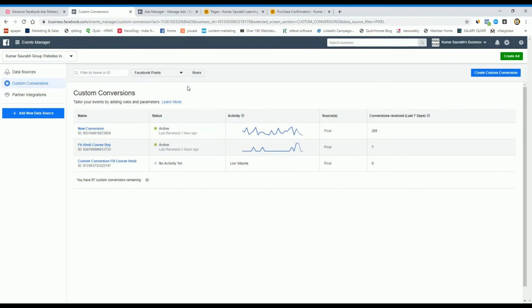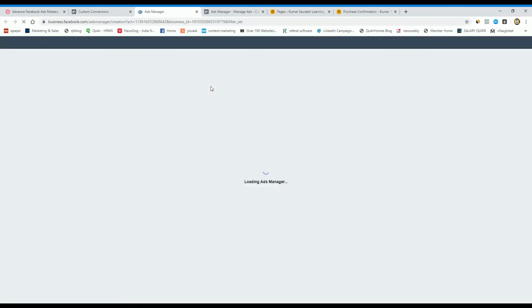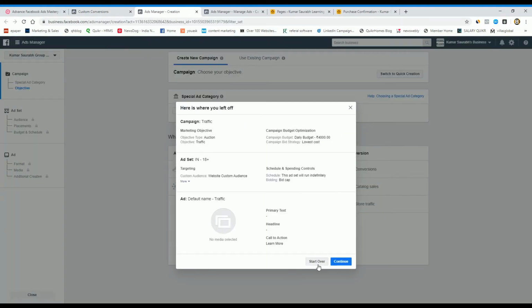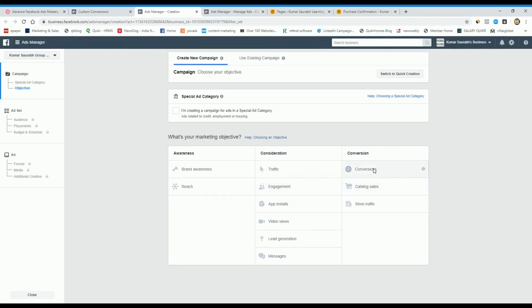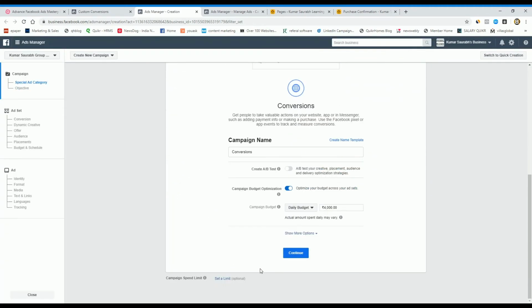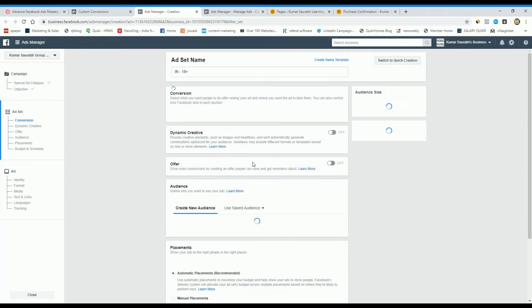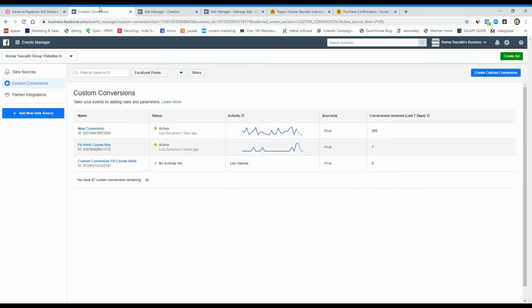Now you have to come to create an ad. In this you have to select conversions, continue. I already have a few custom conversions, so I select one out of these, because this one is not activated, as there are no website visitors on this particular page right now.